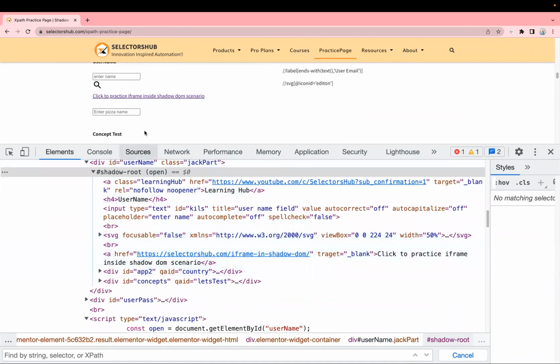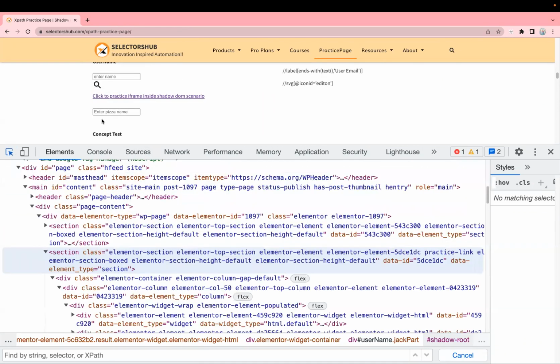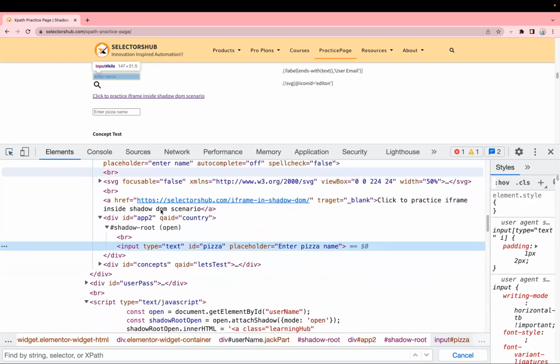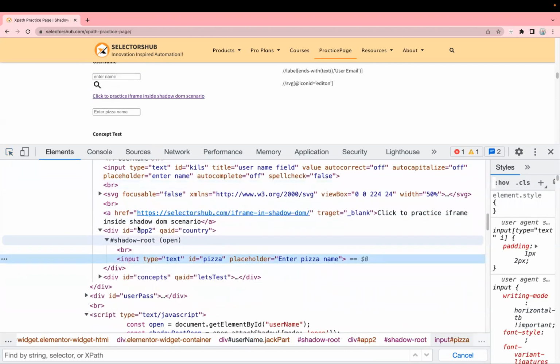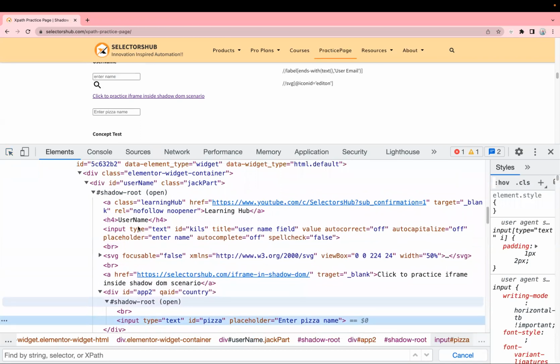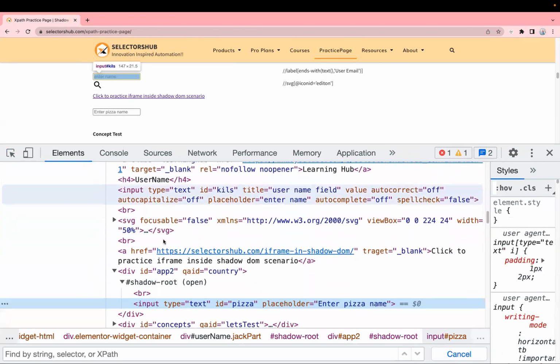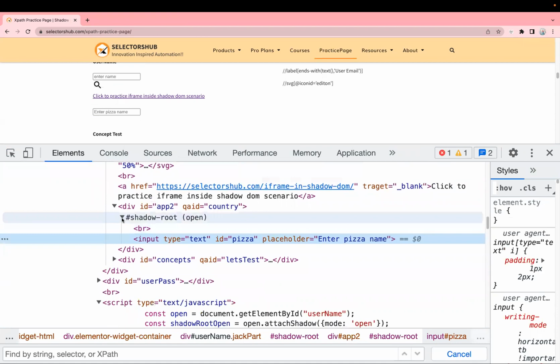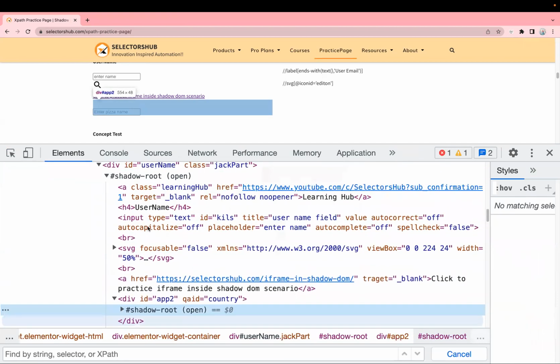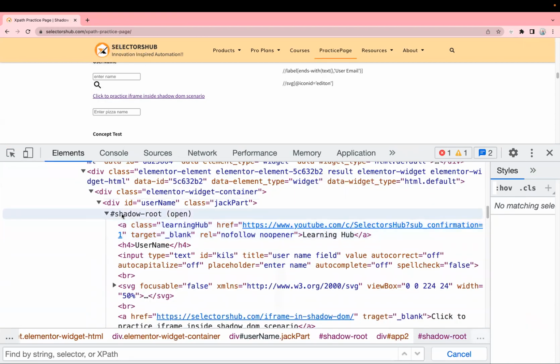Because our test case, our locator was this text box, and we have one shadow root over here. But if you just scroll above, we just maximize it. So this was our text box, we have one shadow root, and if you scroll above, we can see there is one more shadow root linked to it.